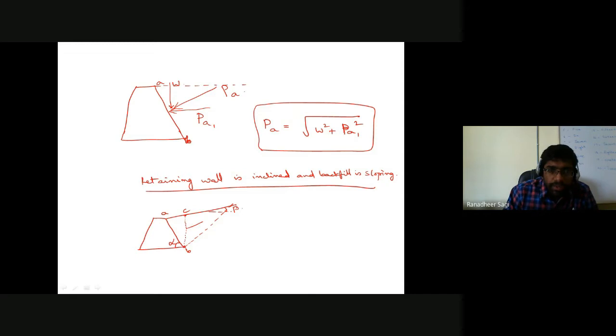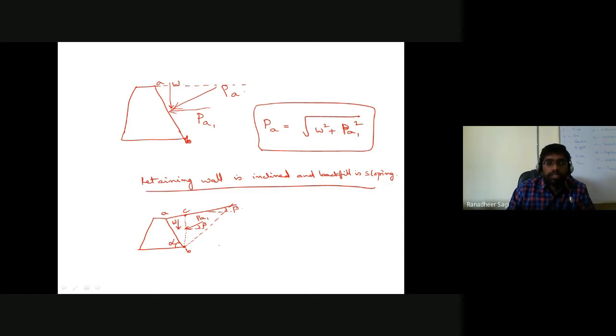You can still do it in the same way. This I am writing as PA1. This is indicated at an angle of inclination beta with the horizontal, and because of the weight component of that soil wedge ABC,